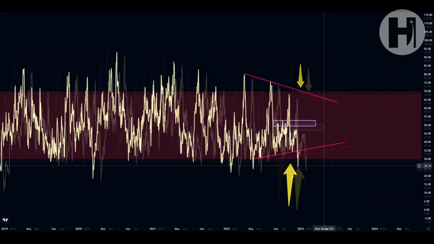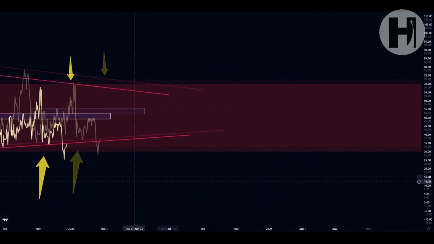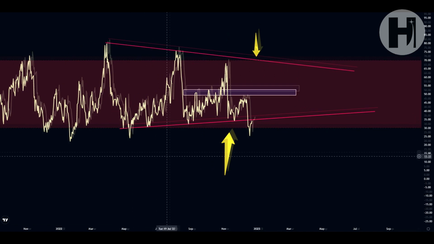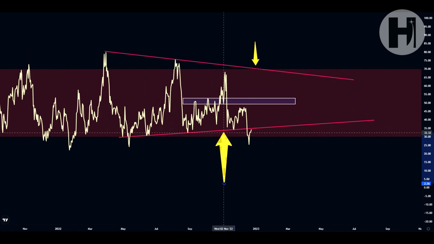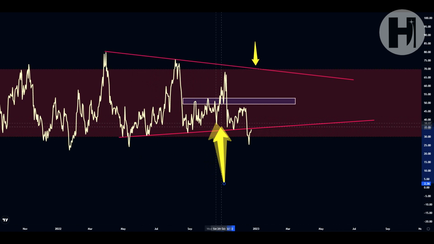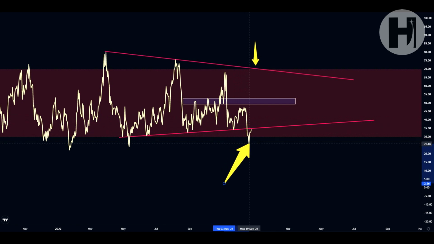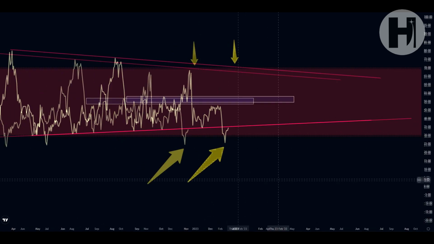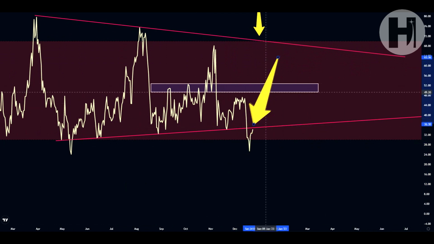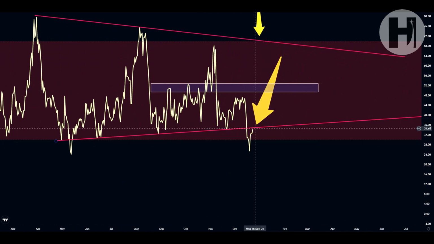Now, switching to the daily RSI, as you can see, we have lost our support trend line that we have been retesting since April 2022. And we had this little fake out in May, and then we had a move to the upside, multiple retests since then, the last one in November. And now here we're having a pullback all the way below that support trend line, and potentially we're going to be running into that trend line as resistance right now and retesting it as resistance.